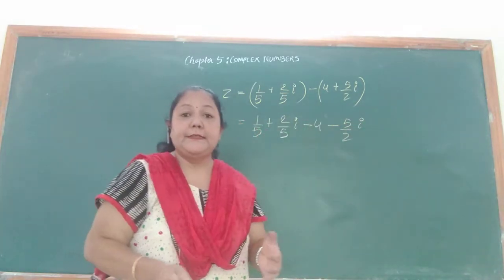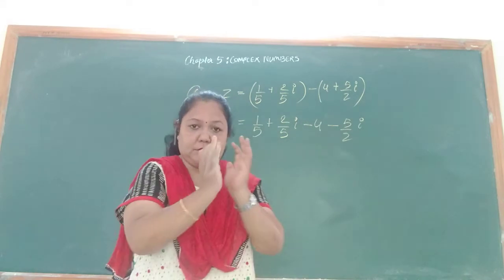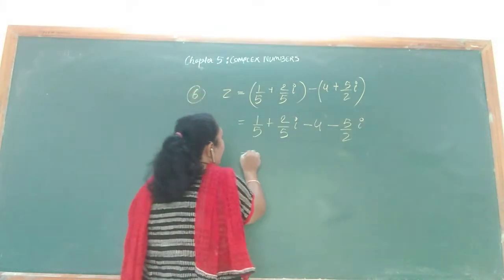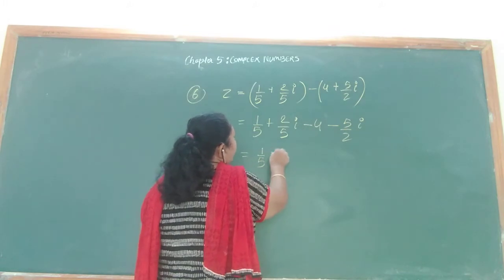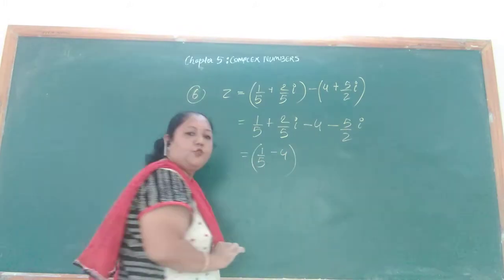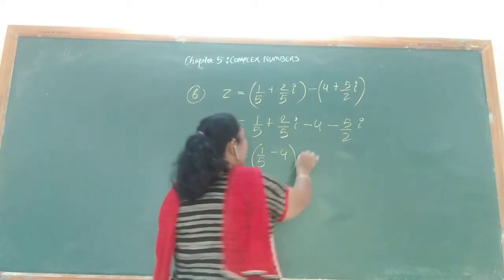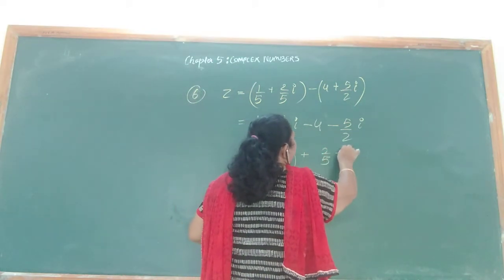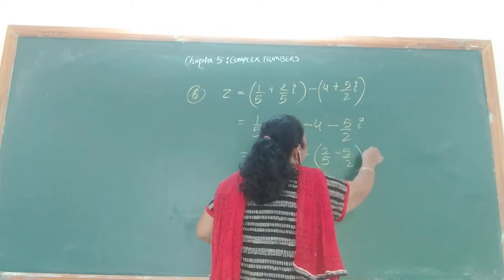Now, what I do is, I bring only numbers together and the I terms together. So now I have 1 upon 5 and minus 4. I put them together and then I have plus, now 2 upon 5 and minus 5 upon 2, and I